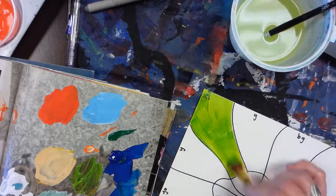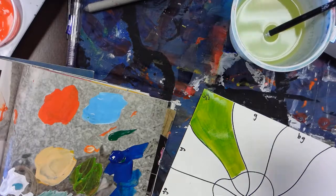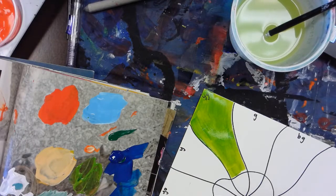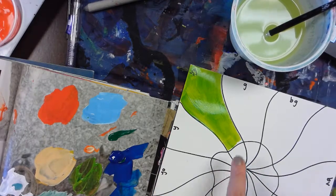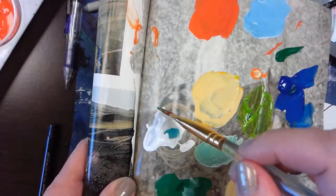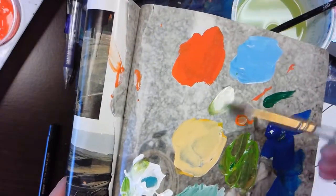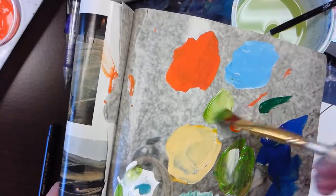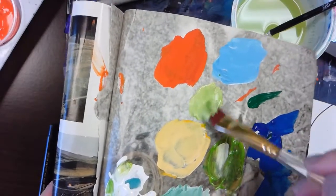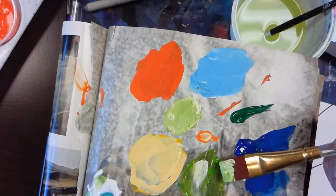The next thing I'm going to do, I would rinse my brush. I would pick up some white paint because this inner circle is going to be tints of our colors. So I've already got some white paint on my palette, so I'm going to pull some of that over here, and I'm going to mix my yellow green that I have left with my white paint, and I'm going to get this really cool mint green. Awesome. So we need to see that it's different from this yellow green, so it needs to be lighter, and